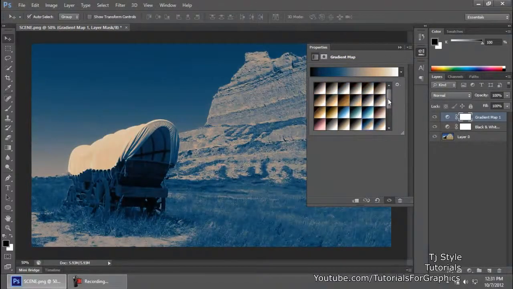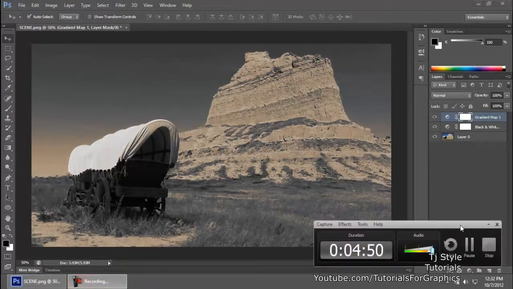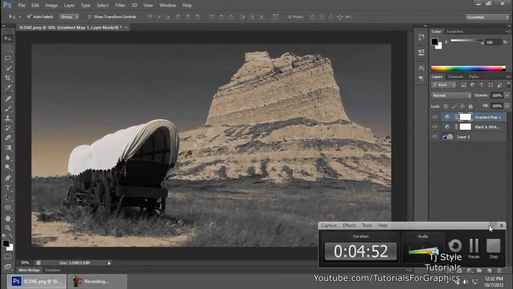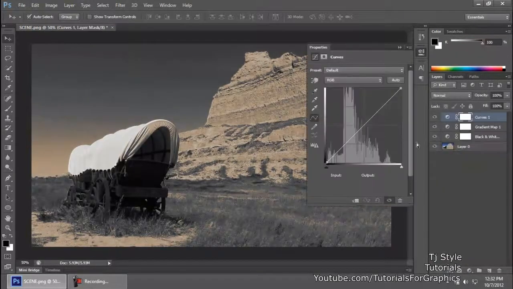And CS6 has already added lots of coloring effects, guys. You can play around with them, and you can see that we can create some really different creative coloring effects using adjustment layers. Now I want you to go ahead and practice with all of them, meaning there are curves,